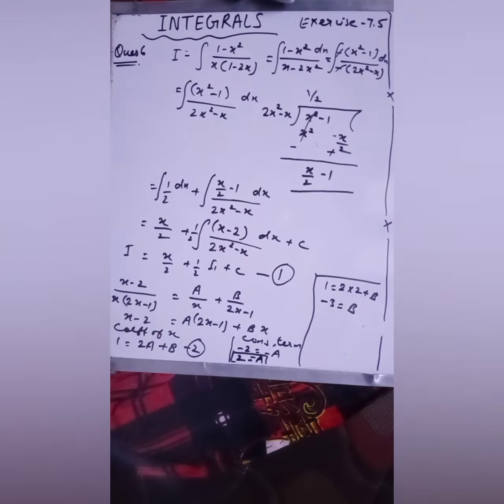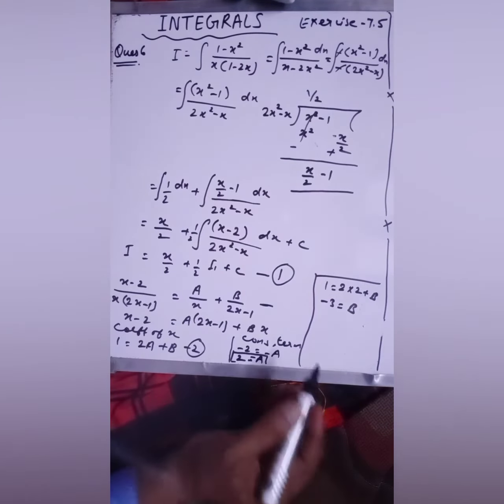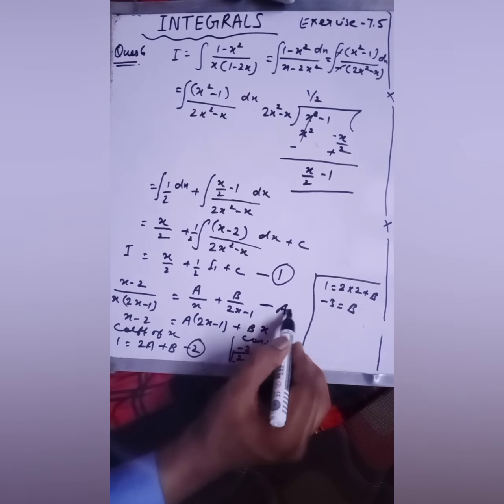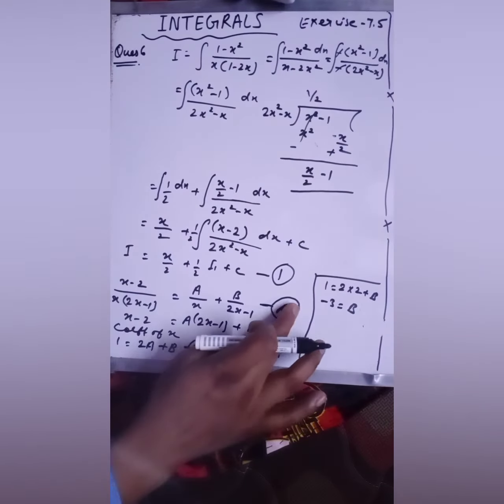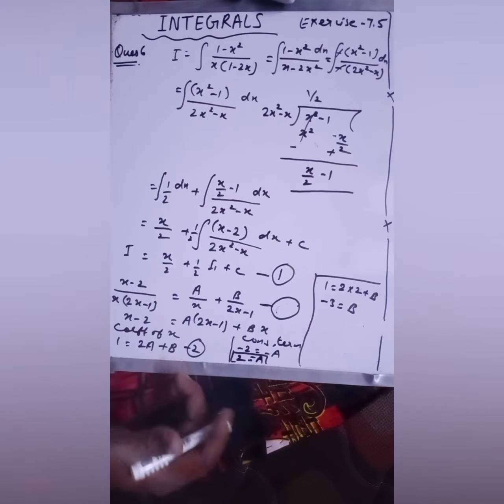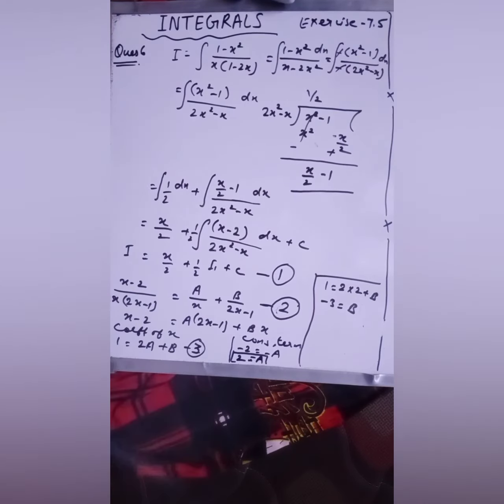You have to put this value in this equation. Actually I'm giving this equation the name capital A. So capital A we have used. Give this the name 2 and give this equation 3. Okay, this is equation number 3. Fine. So we will put this value of a and b in equation number 2. Okay, so I'm putting, just wait, let me adjust the next side of this board.